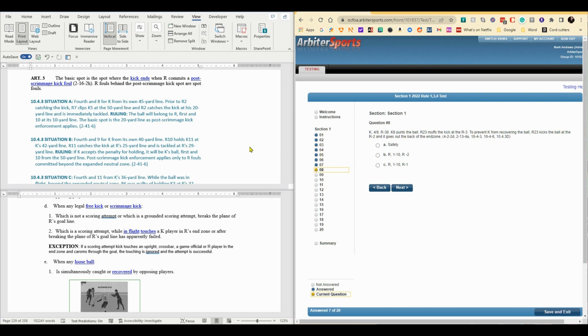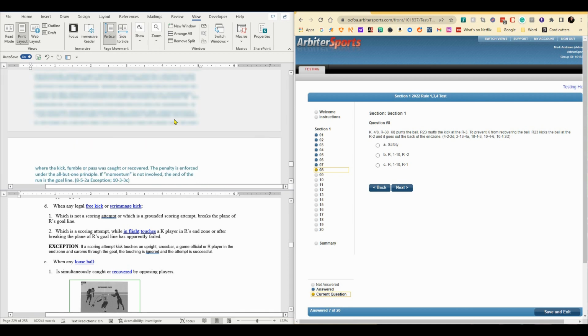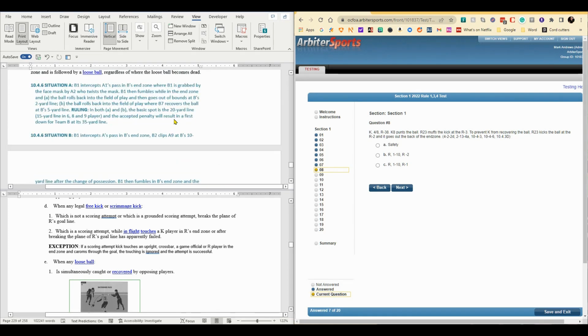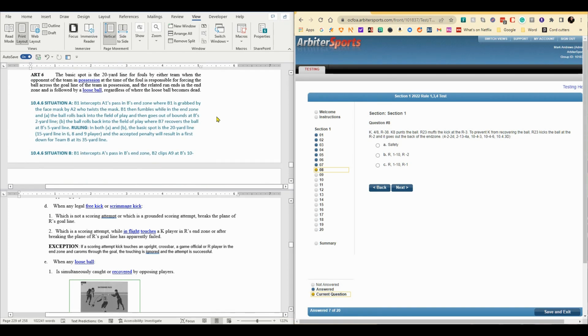So now we have to wonder, okay, where do we enforce this thing from? So the basic spot is the spot where the kick ends when R commits a post-scrimmage kick foul. Well, that didn't happen. I don't know why it's in there, 10-4-3. 10-4-6, remember, PSK foul has to be committed by K. R committed this foul. So 10-4-6 tells us the basic spot is the 20-yard line for fouls by either team